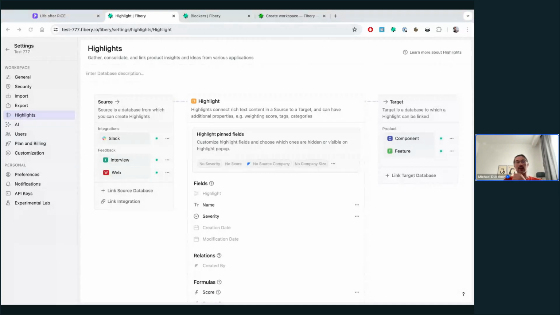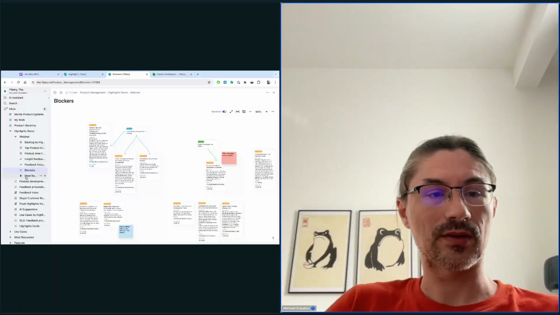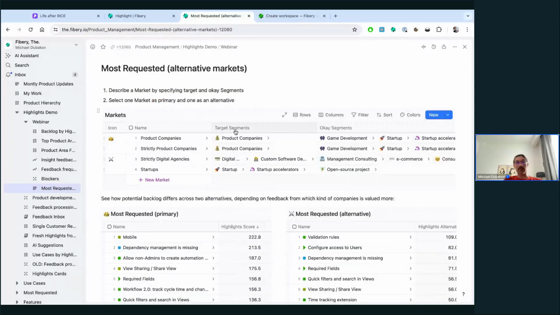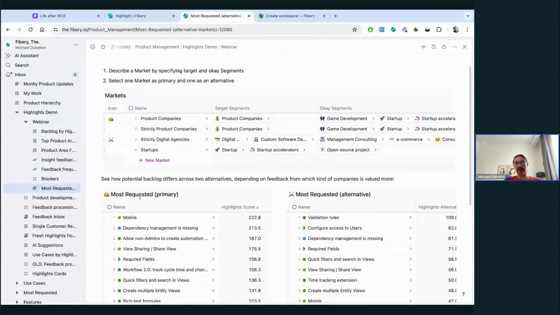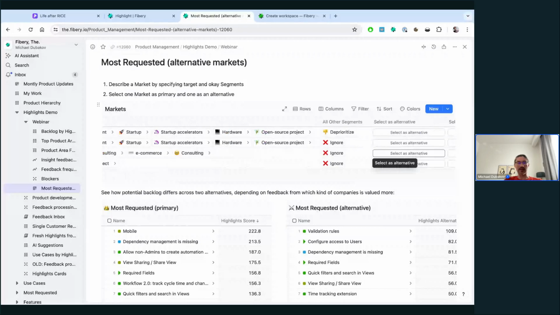Okay, interesting question. By the way, we have this view. Maybe I can even show it to you. Basically, we have two scores: our current primary metric, and an alternative. And here we can change a segment. What if we decide to focus on startups, or on digital agencies? I can select this segment. Let me select startups